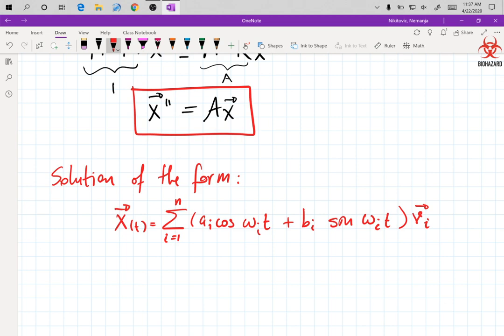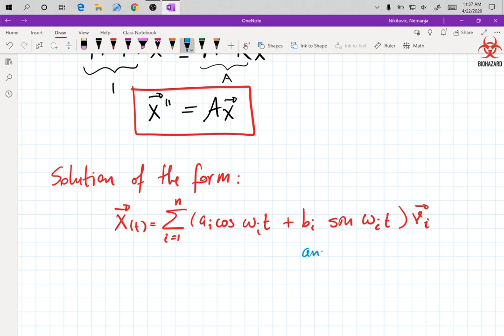What is the n for? It's the number of dimensions. So if you have a 3x3 case, you will have 3 terms to add. This is not an infinite series from Calc 2. This is a finite series. And those of you that have seen Fourier series before, this is not a Fourier series either, because it's finite. You need infinity there to be a Fourier series. So this is just adding 3 terms. Instead of me writing it 3 times with i being 1 and then 2 and then 3 for a 3x3 system,